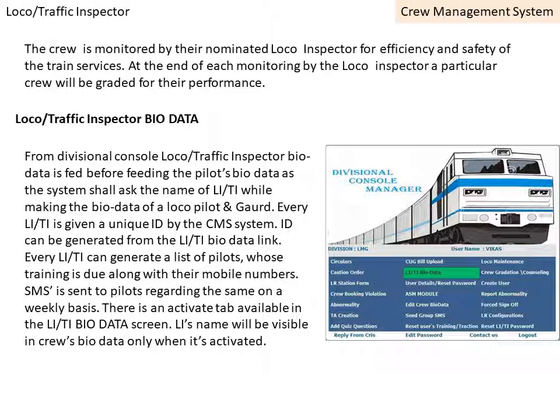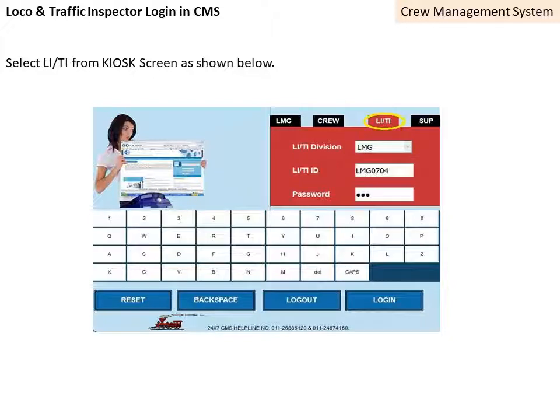Once the ID is created, they can be alerted to the crew directly. Crew biodata can be updated by selecting the supervisors. So the TA LI kiosk sync is shown like this. Here, previously there were the versions crew and loco inspector, traffic inspector. Here we can see loco inspector. Directly the loco inspector's personal ID will be created as per the ID number, so it will be displayed.